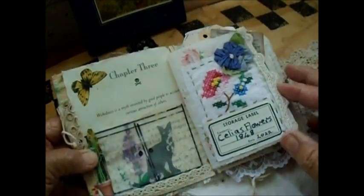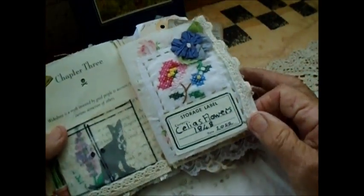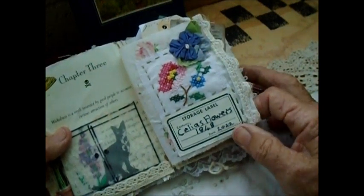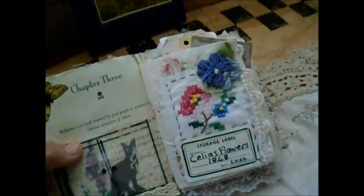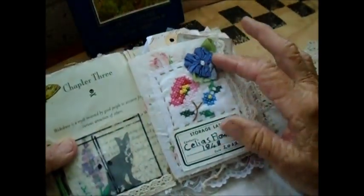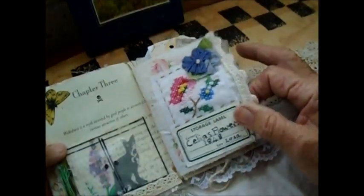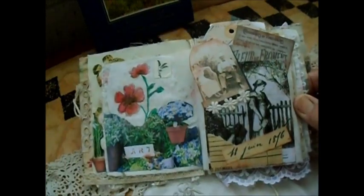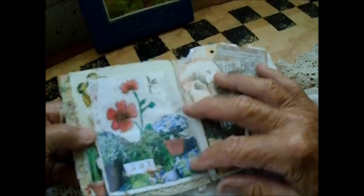And then here's the actual title of the journal, Celia's Flowers. Actually it was 1848, and I put today's, or this year, 22, and then a collage of pansies I made, cross-stitch and so forth, with a little lace down. As I said, all the pages are fabric, but we did use a lot of paper. Anyway, to continue, here's another little terracotta pot, but this one is fake, of course,